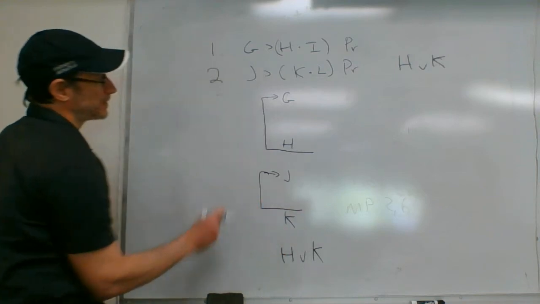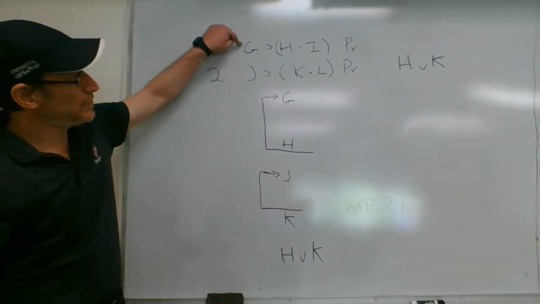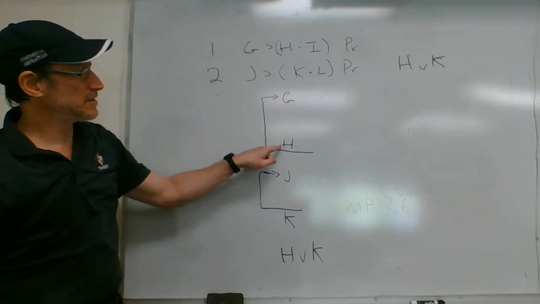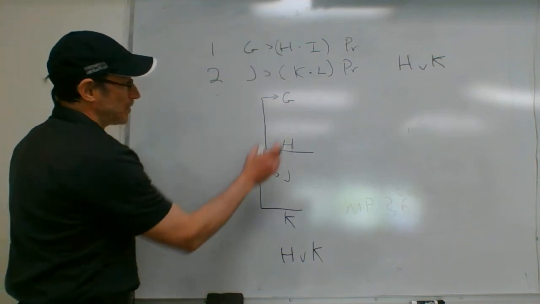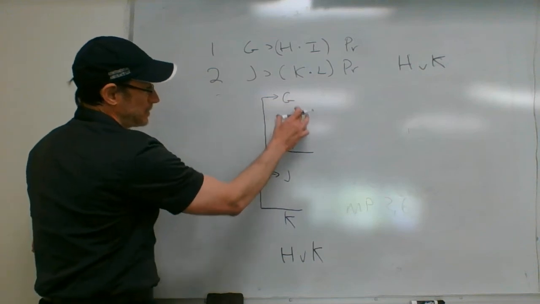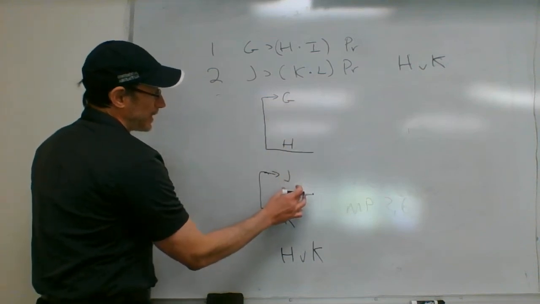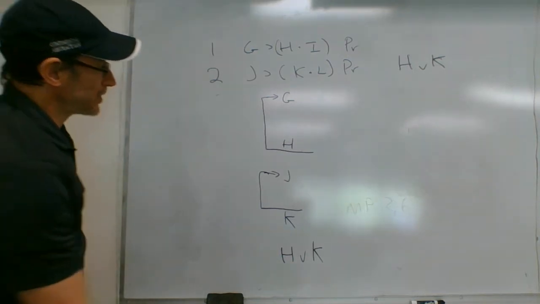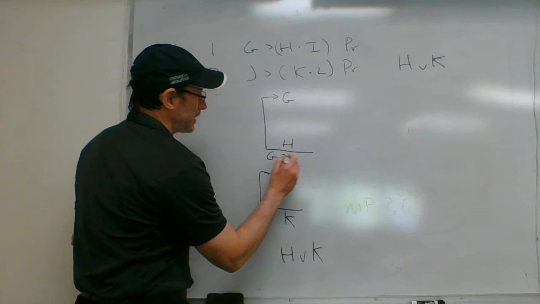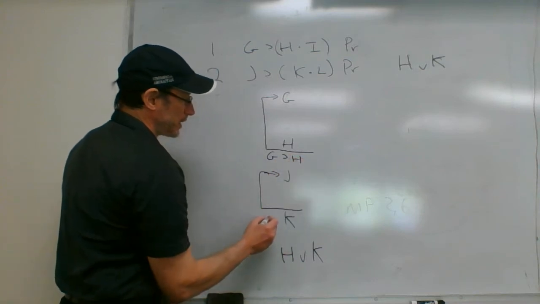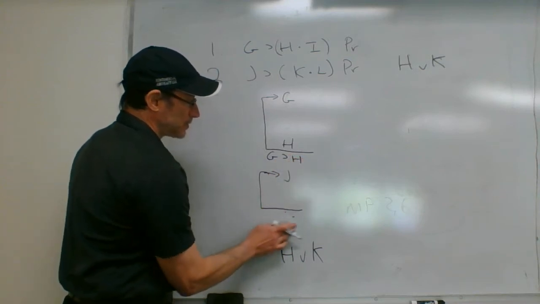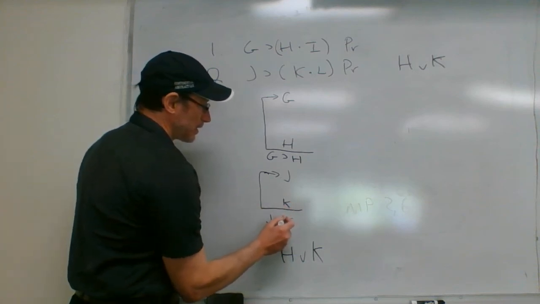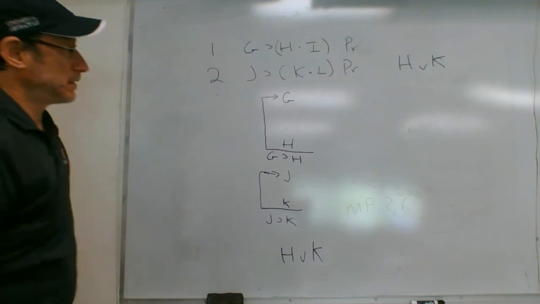That's going to be pretty easy because if G is true, H dot I is going to be true, and then I would just simplify to get H. So once I have G and J over here, I'm now going to be able to, once I have G horseshoe H and J horseshoe K, excuse me, this one goes inside here, J horseshoe K. Okay,